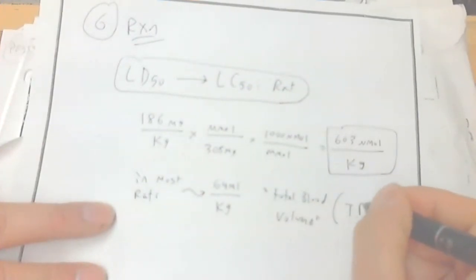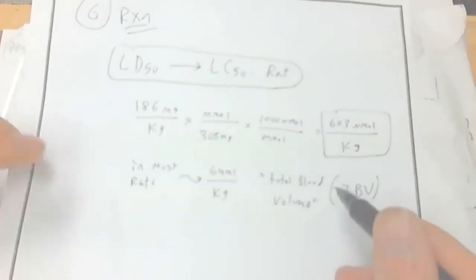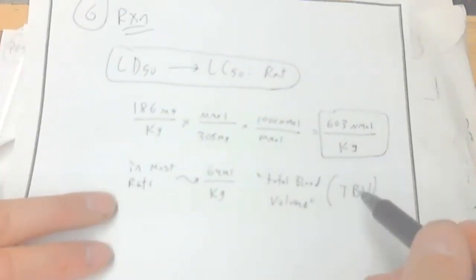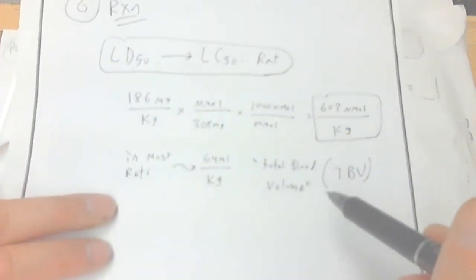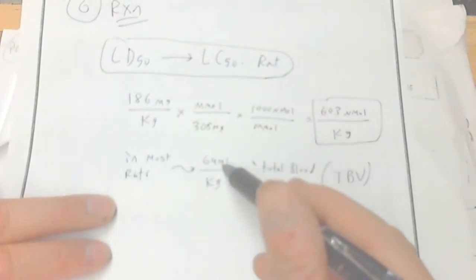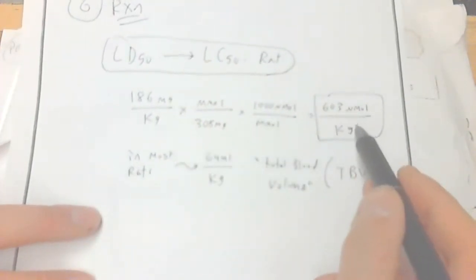Or TBV, which is every species basically has this. It kind of varies based on your age. Like humans have total blood volume. Pretty much all mammals have a total blood volume, and for a rat it is 64 mils per kg. And so now all we got to do is take our 603 micromole per kilogram,